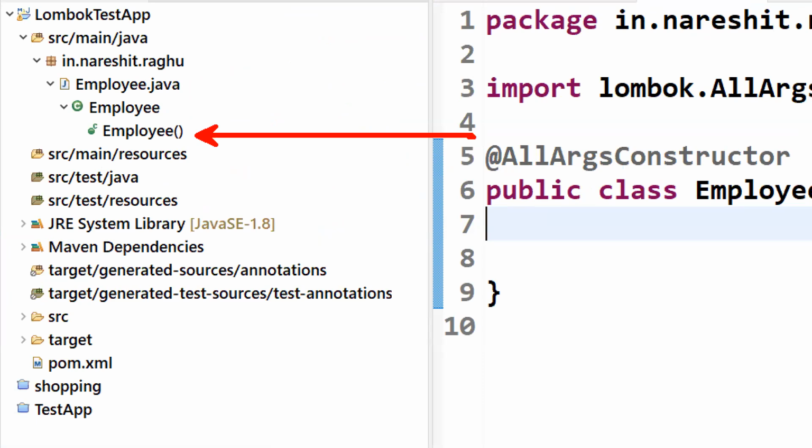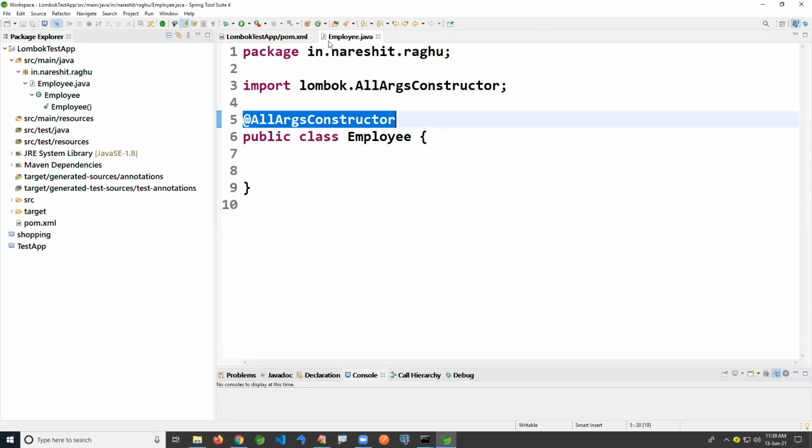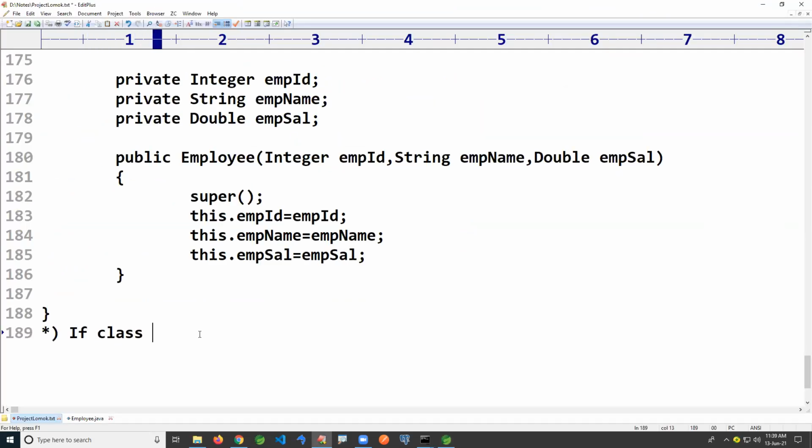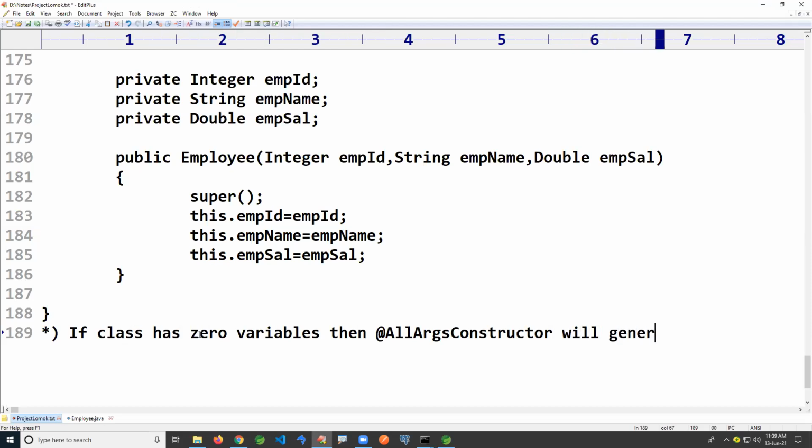If no variables are found, it is still generating a default constructor. Look at this carefully. If the class has 0 variables, then @AllArgsConstructor will generate a default constructor.